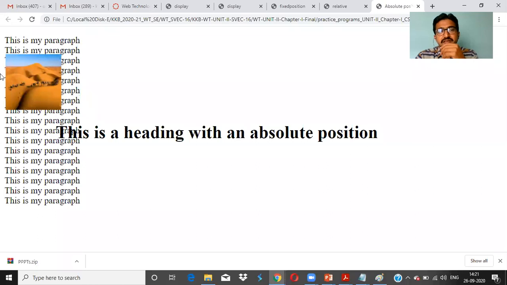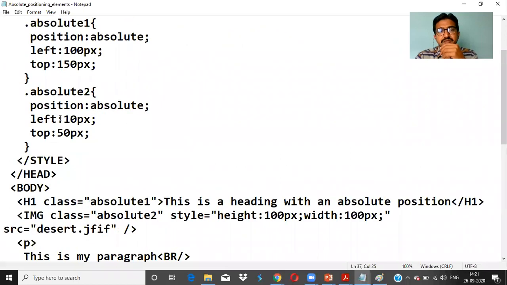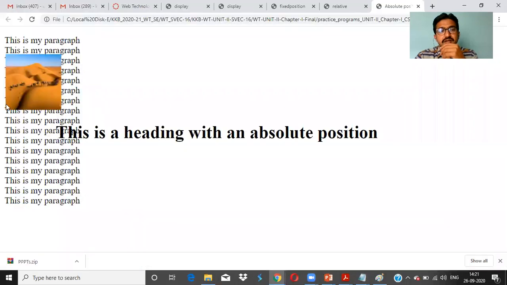Image left is here, it is showing the pixels for left in class 2, 10 pixels. And top is what? 50 pixels. Right? So top is 50 pixels. So that's why absolutely exactly it will display over there. It will not overlap, it is overwriting on top of that. So it will be taken care of by absolute.